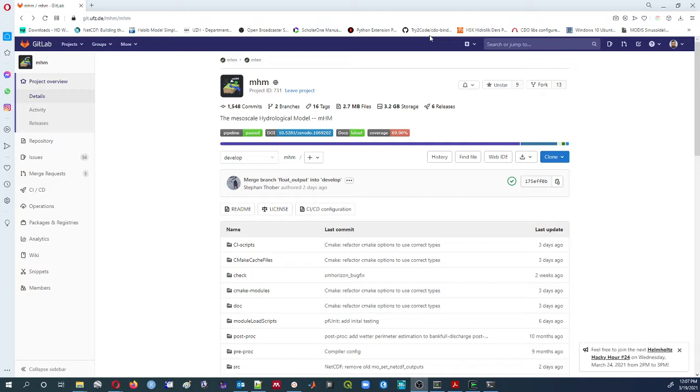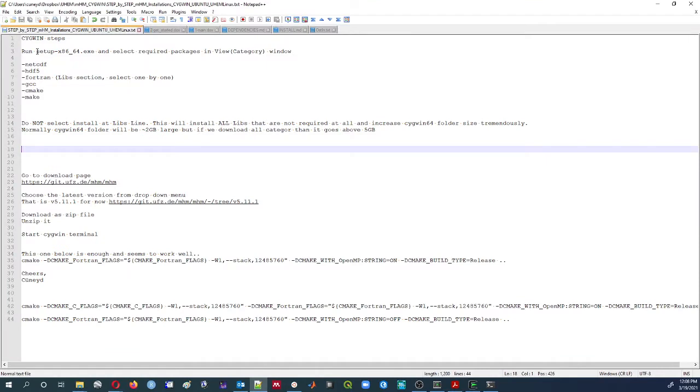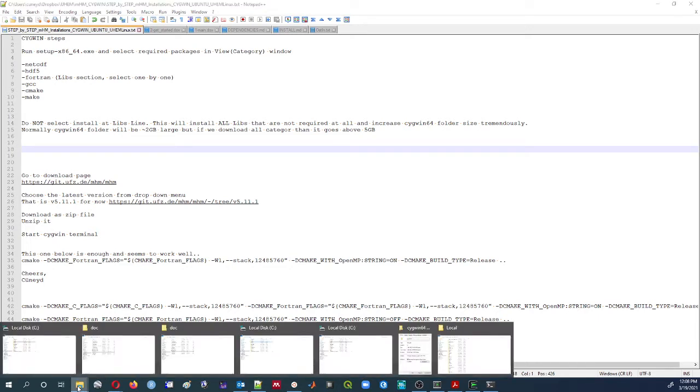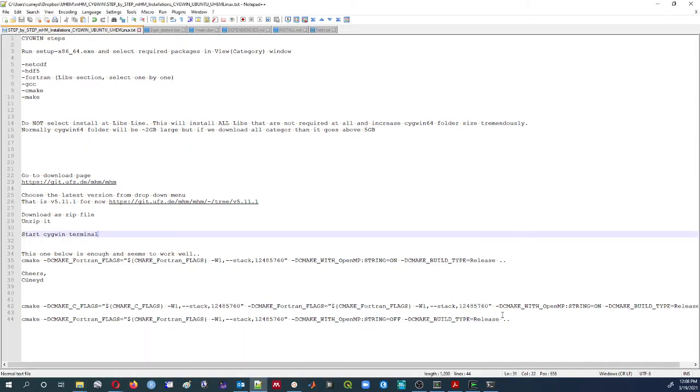I will try to describe step by step the CYGWIN steps that for Windows users are really inevitable to follow. First of all, we have to install CYGWIN to our computer, and